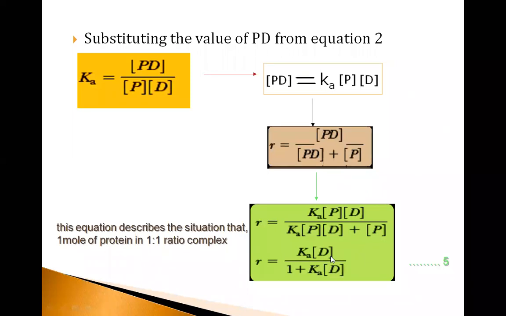Though I might find the value of the D, the free concentration of the drug, by the dialysis membrane method or the ultrafiltration method, whichever you might apply, and determine the free concentration of the drug. But still I don't have the value for the Ka. That's when the practical difficulty starts.